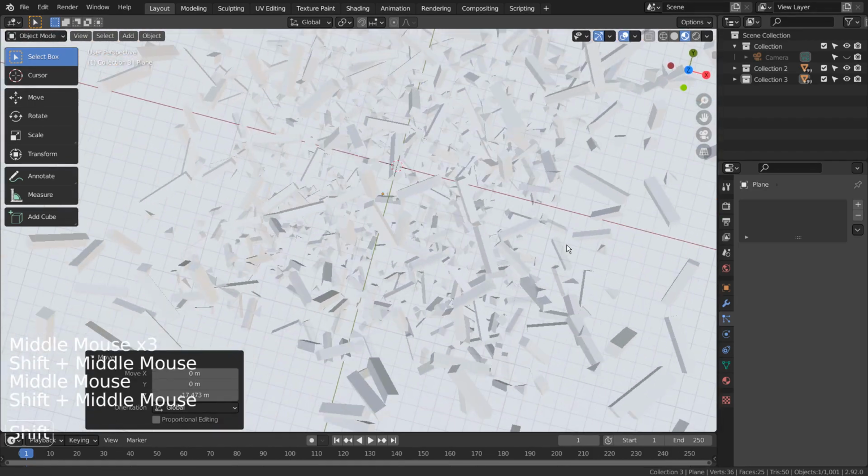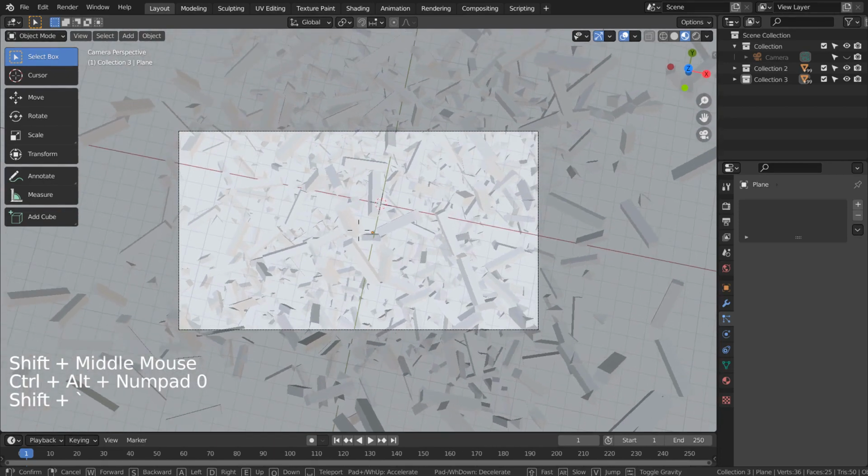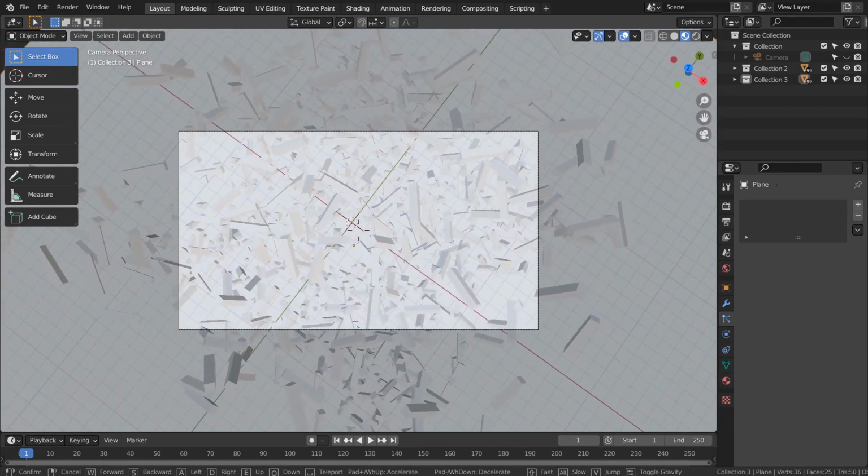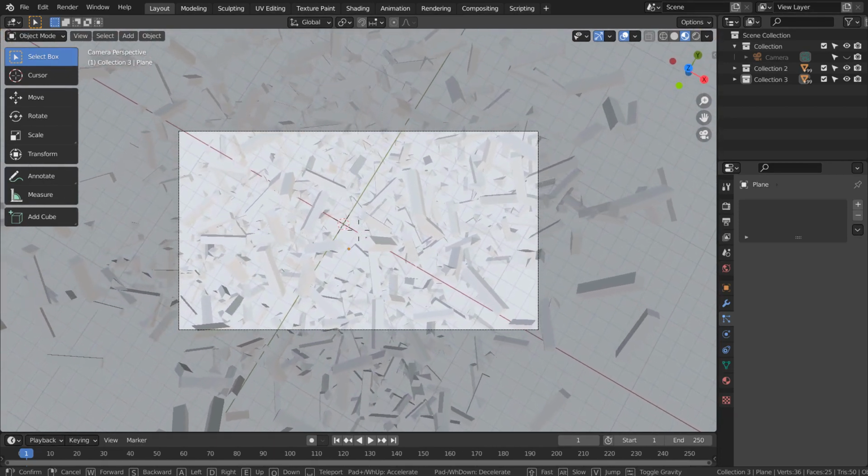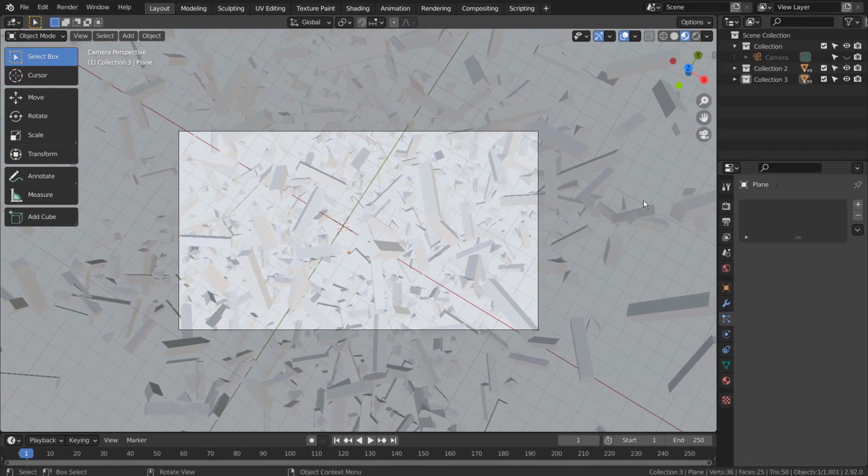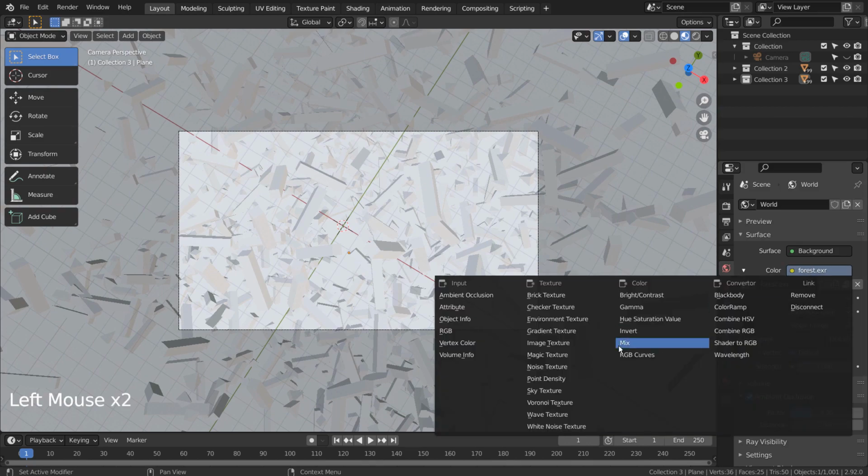Time to set up the render scene. I'll use the sky texture.